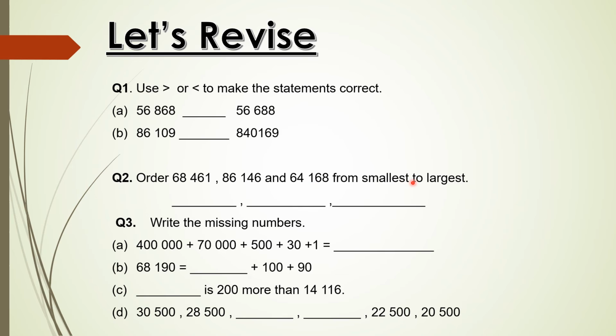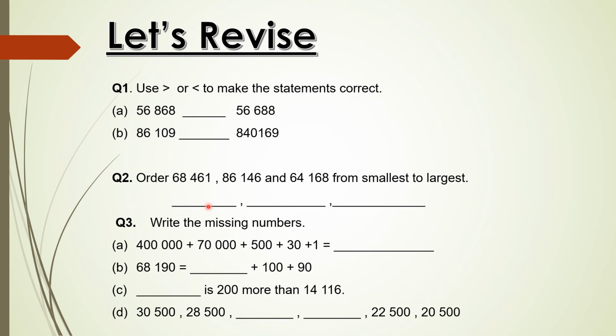So first of all, what have I taught you? Compare the places of the very first digit. 6 is in the 10,000, 8 is in the 10,000 and 6 is in the 10,000. So this means everyone's standing in the 10,000 place. Now let's compare the numbers. 6, 8, 6. So 8 is bigger, 8 is the biggest one. So this entire number is the biggest one.